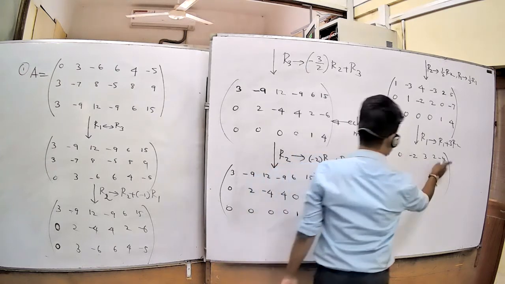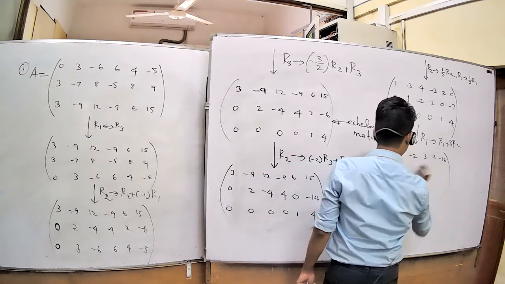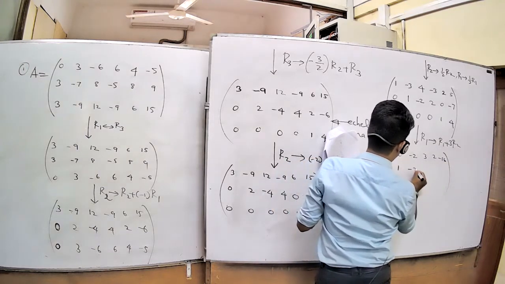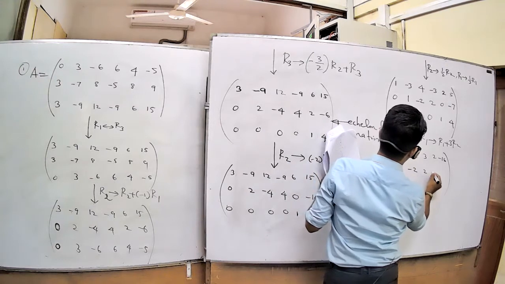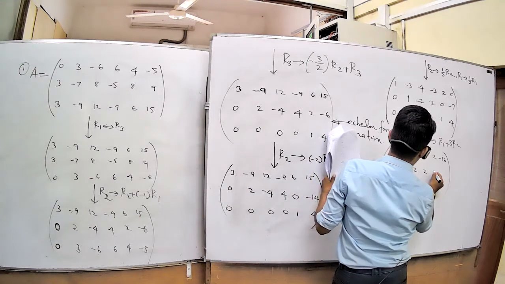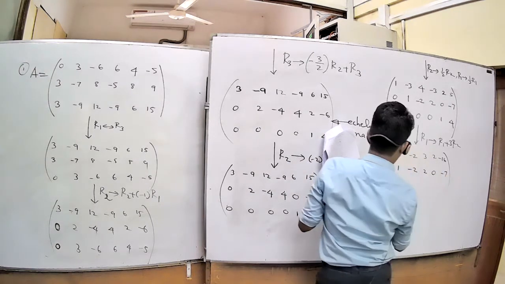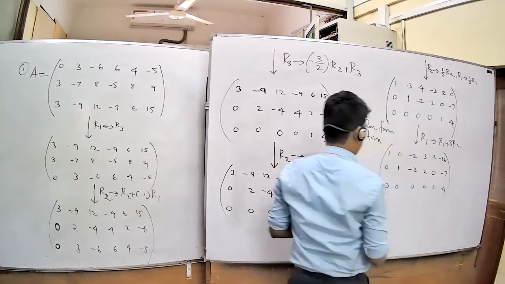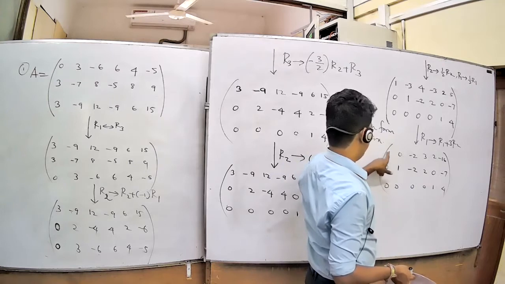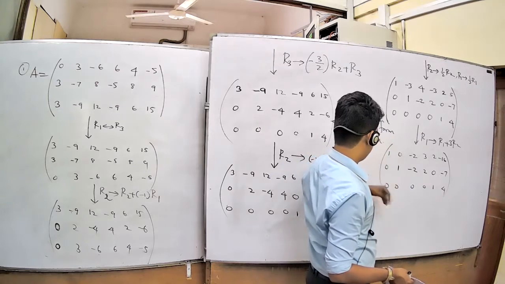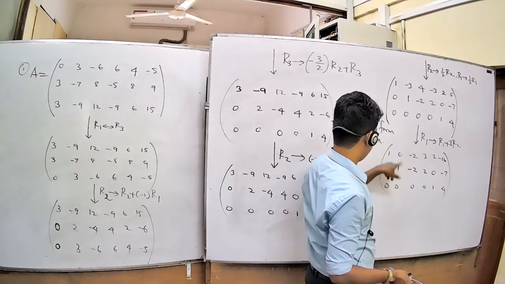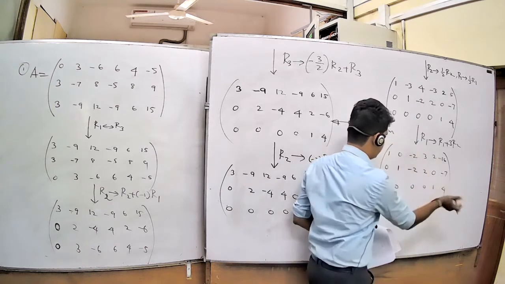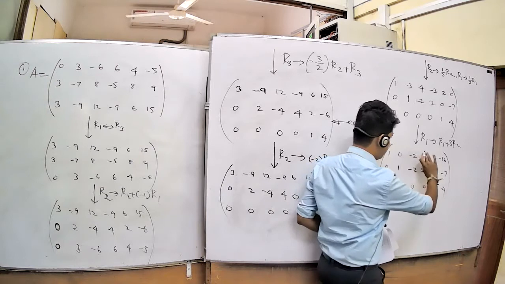Minus 16, sorry. Is it okay? Yeah, 0, 1, minus 2, 2, 0, minus 7, 0, 0, 0, 0, 1, 4. Now, it is your leading entry, therefore both are 0, okay. This is your another leading entry, both are 0, okay. Now here there's no leading entry, therefore don't need to change this one. Here there's no leading entry, don't need to change this one.